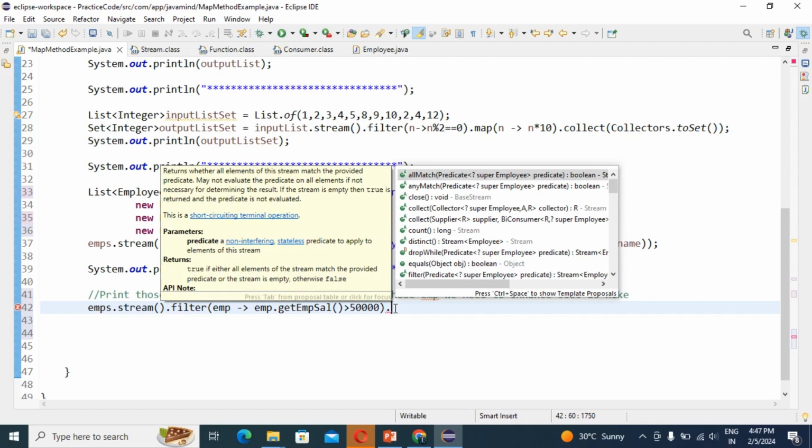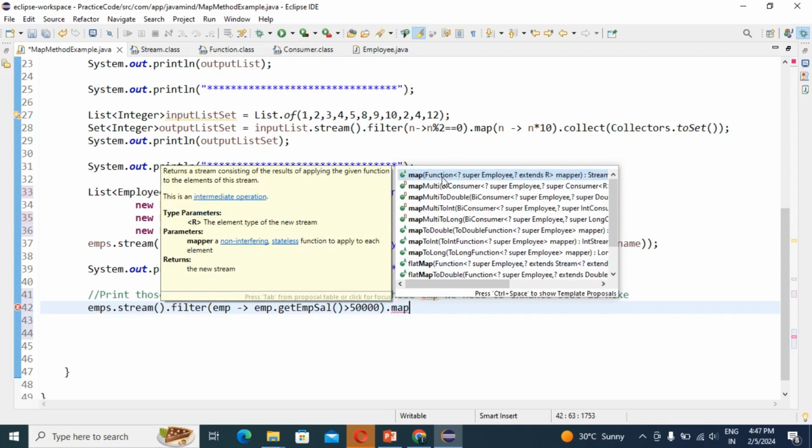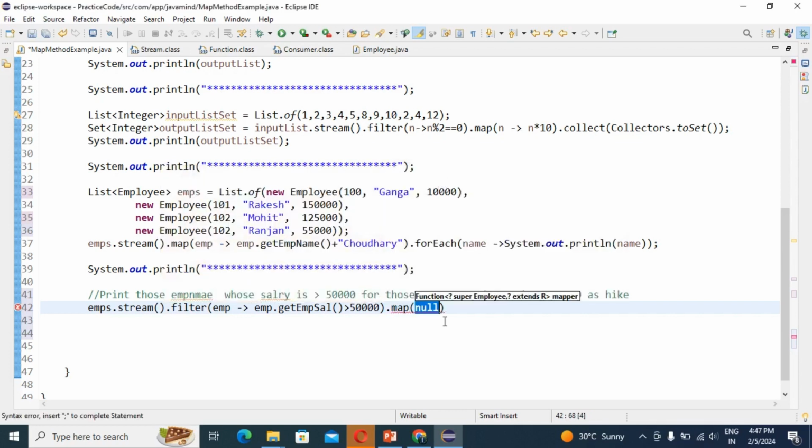Okay, so we can use map, right? Map we know very well. This is also a functional interface, and we are going to provide the implementation only through a lambda. So in that map, guys, what can I do? Just see, concentrate. First we'll set